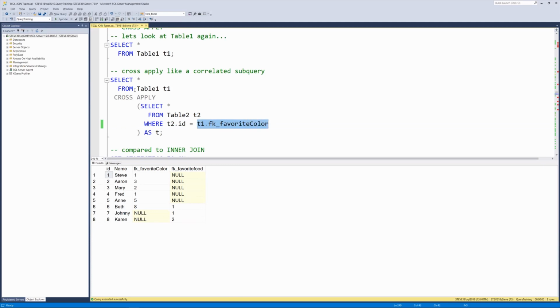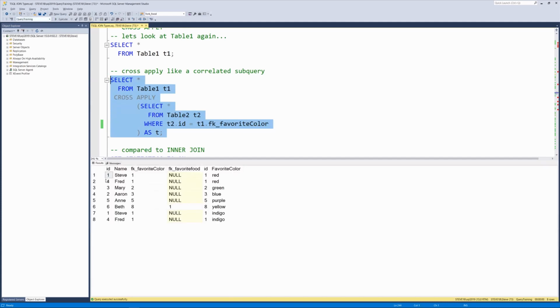So effectively, if you have, let's say, 10 rows in table one, this subquery will be called 10 times with the parameter of that favorite color from table one being passed into it each of those 10 times, bringing back a slightly different result set and joining those together into a table.